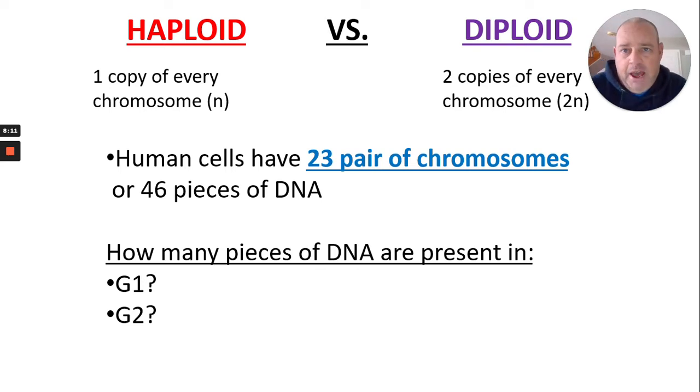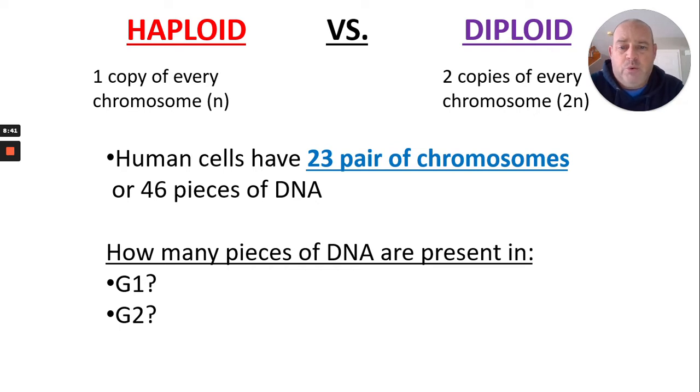More terminology: haploid versus diploid. I remember a lot of regular bio students struggle with this concept, so hopefully it'll make a little more sense the second time around. Haploid is just one copy of every chromosome, and diploid is two. We use the letter N and 2N for a reason. N is just the number of chromosomes, whatever number it might be for that particular organism. All the numbers I'm going to show you have to do with humans, but we don't have the same number of chromosomes as everything else.